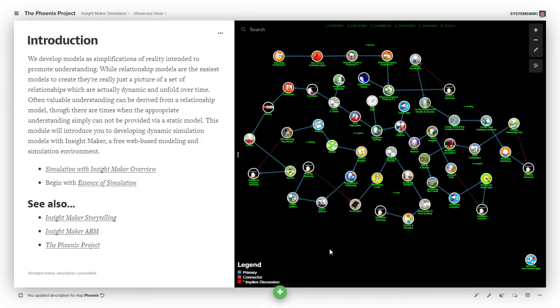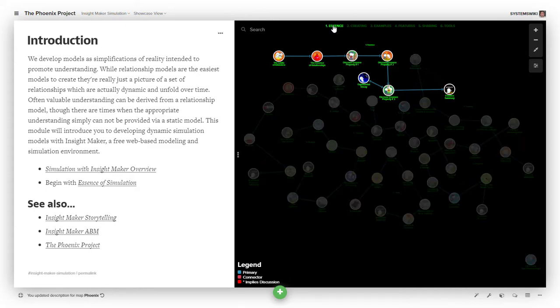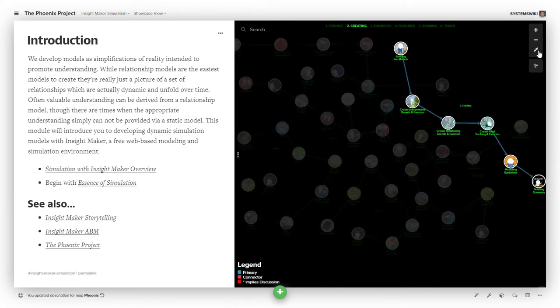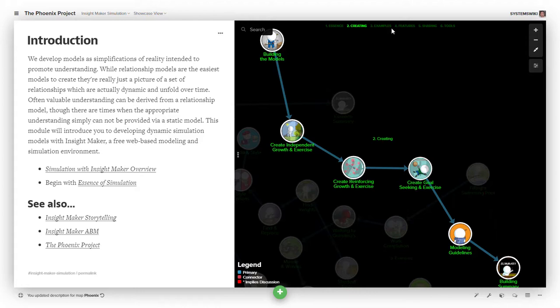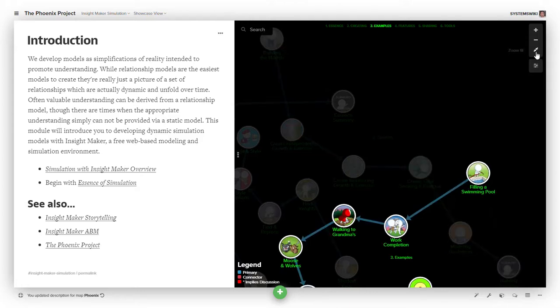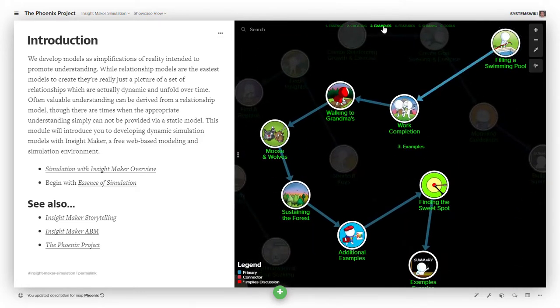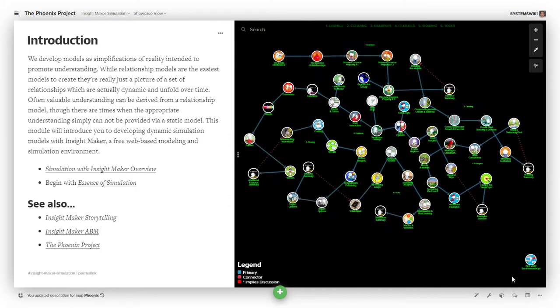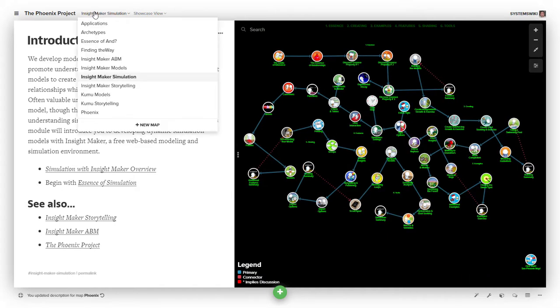of Insight Maker and how to go about building simulation models. And because this is such an array of items, you can also look at this in pieces as opposed to looking at it all at once, and you can zoom in and just look at that part of it. And then, as I said, you can then use the zoom feature. From here you can get back to the Phoenix map, or you can go back here and look at some